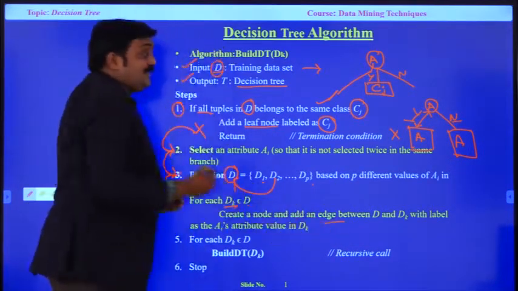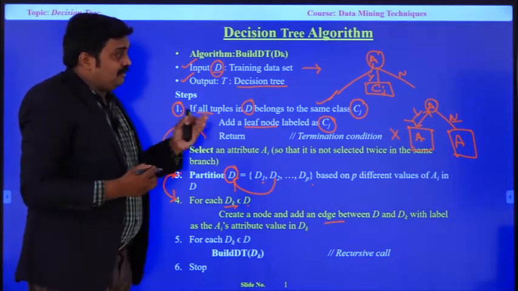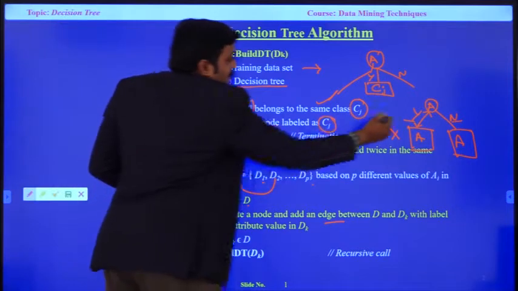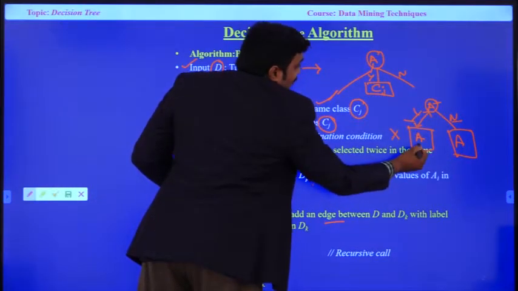That edge tells about the association or relation between the root node and the internal node.